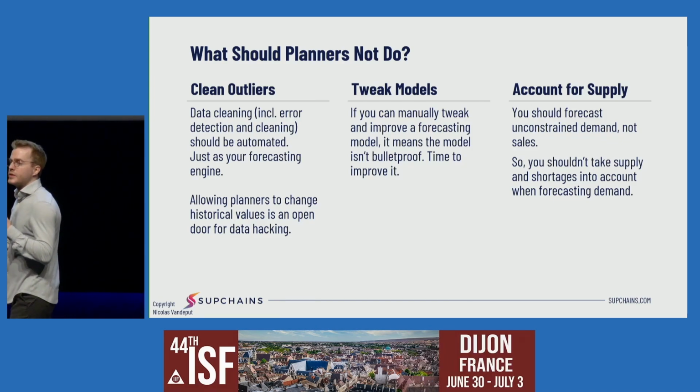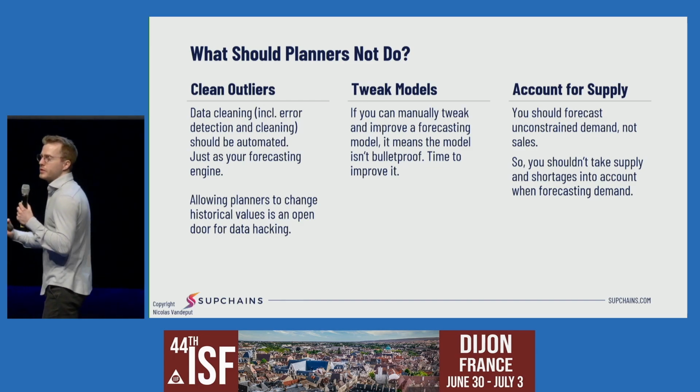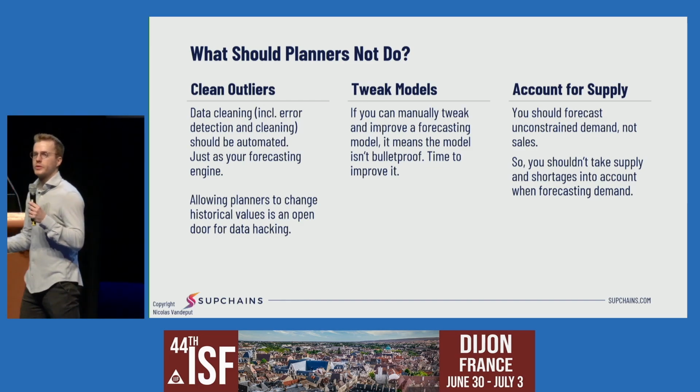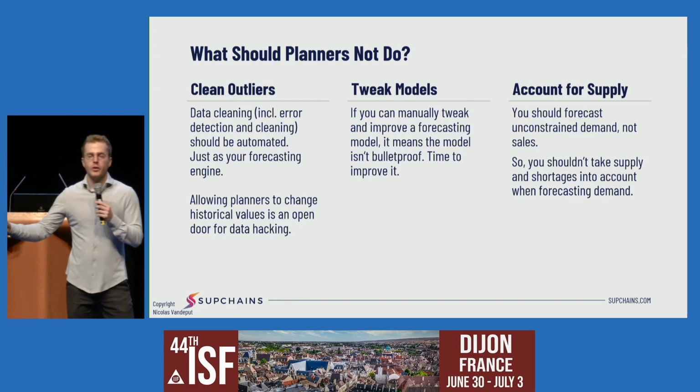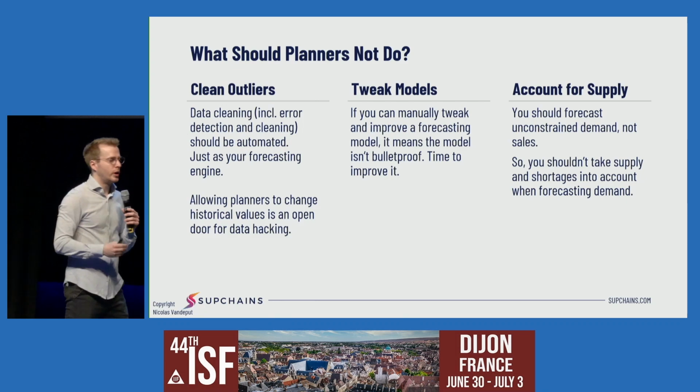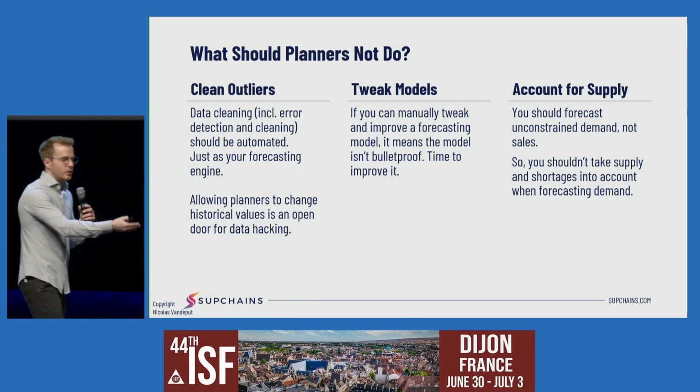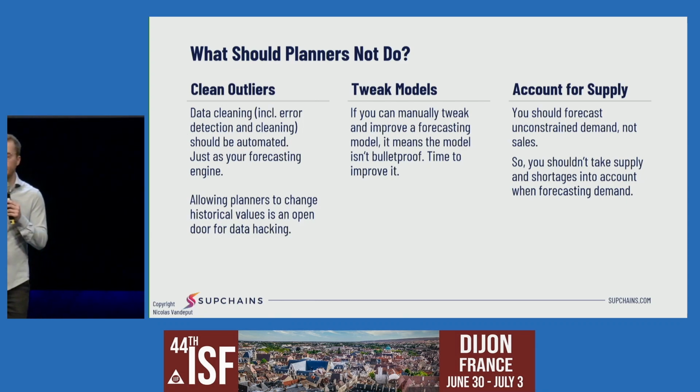Now, if you do that and you send this forecast to the supply planning teams, they're going to see that your forecast is 0 pieces. They're going to order 0 pieces as well, because they're going to basically supply based on the forecast. Now, as soon as you do that, you are in a vicious circle where there is a shortage, so 0 sales, so 0 forecast, so 0 supply, and then you just get stuck in that.